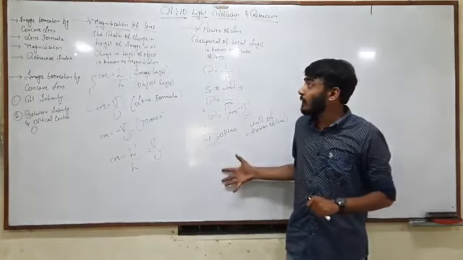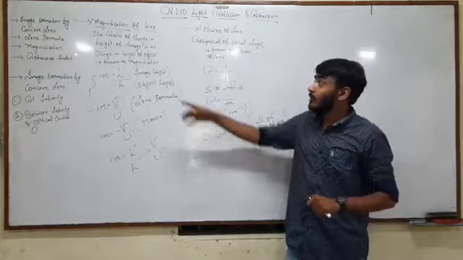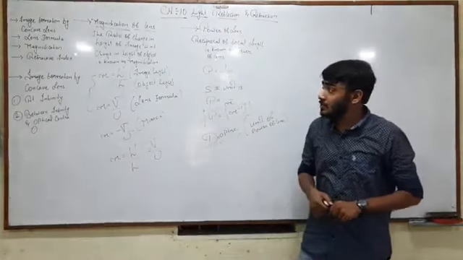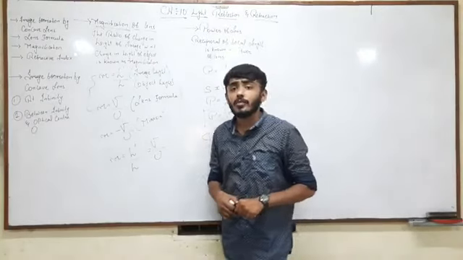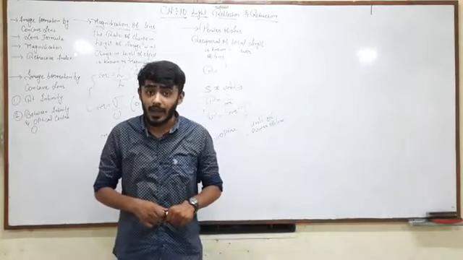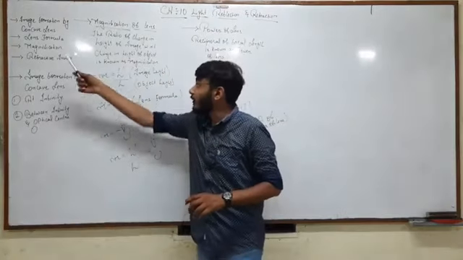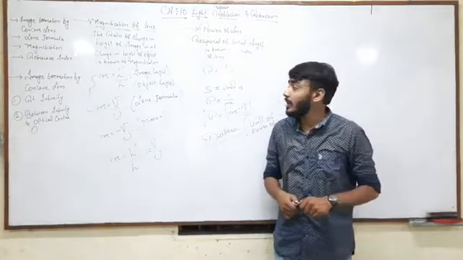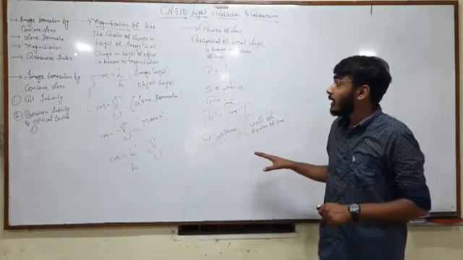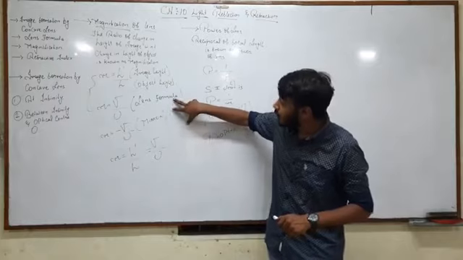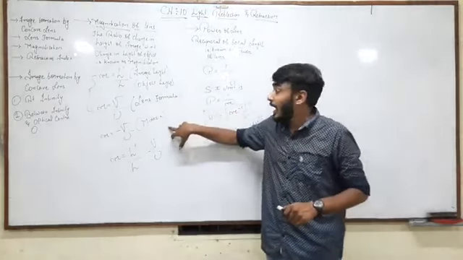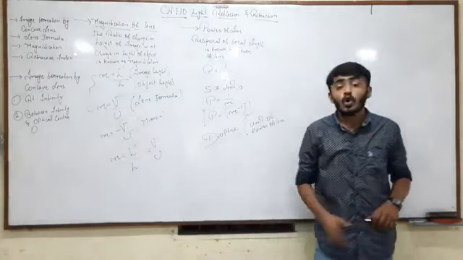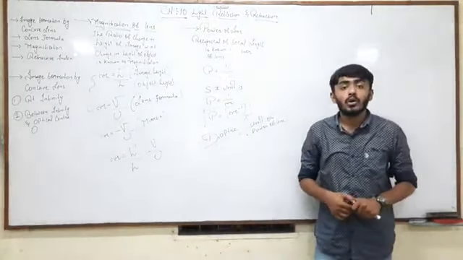Fine students, so I have completed the chapter today. We have done the image formation by the concave lens. We completed the lens formula, that was 1 upon v minus 1 upon u is equals to 1 upon f, and the refractive index as well as the magnification. I hope you are clear with all the things we did today. In the magnification formula, you should know the difference between the lens and the mirror one. m will be v upon u for lens, but for the mirror formula it will be minus v upon u.